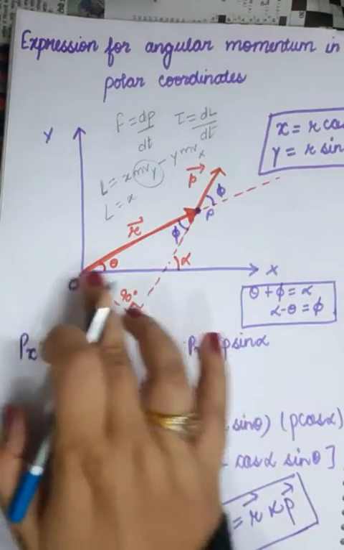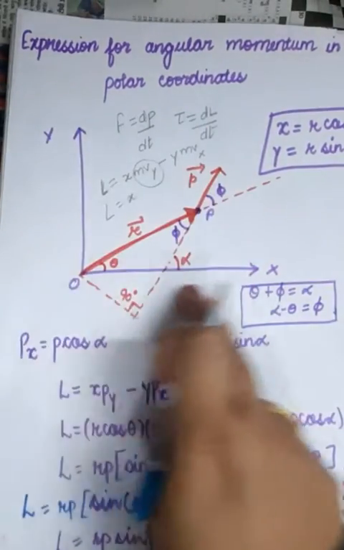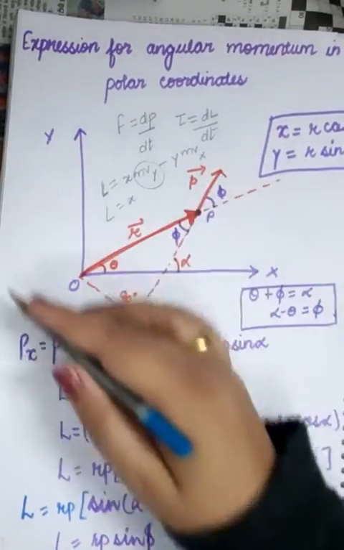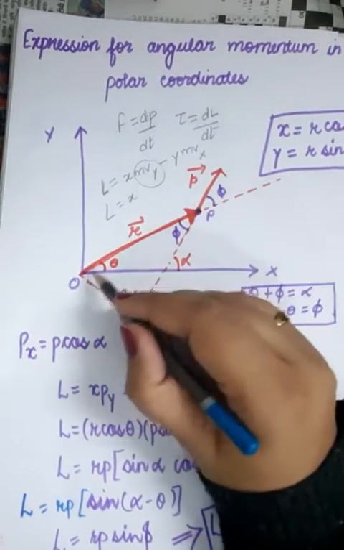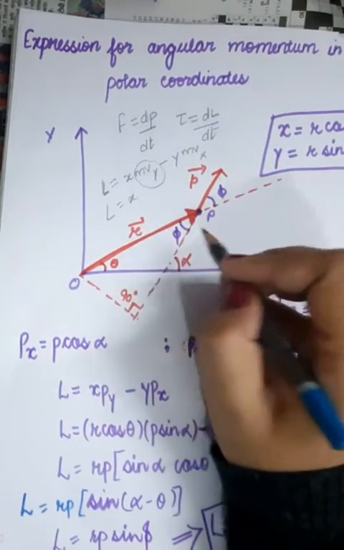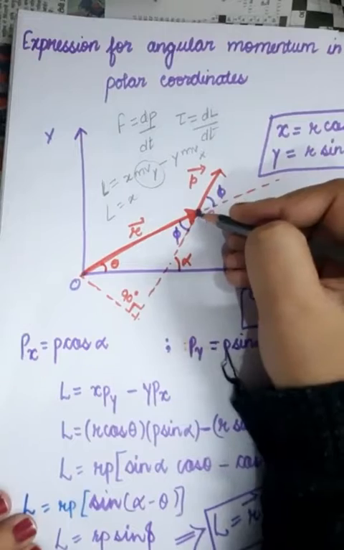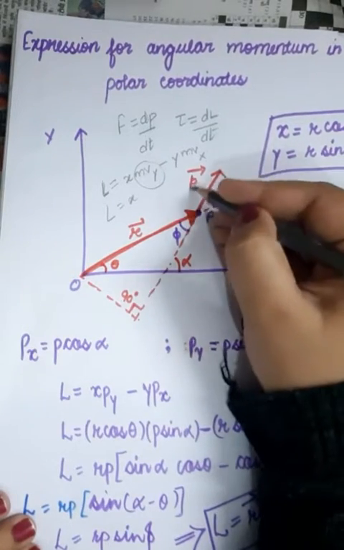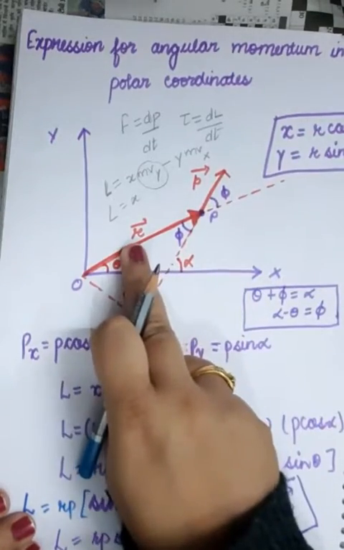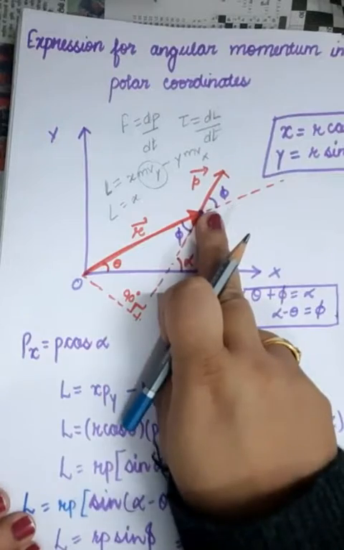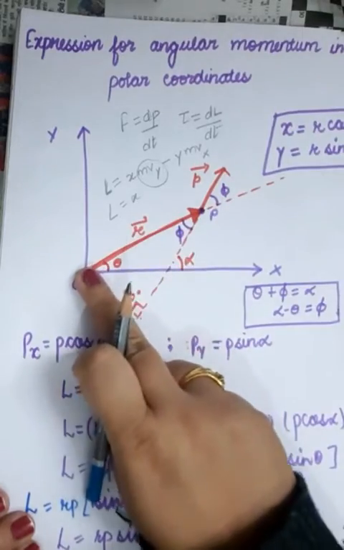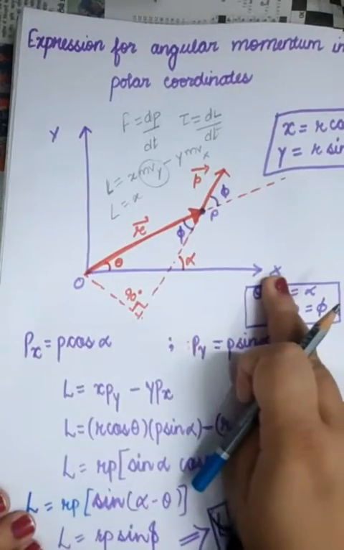So suppose this is a Cartesian system of axes, x-axis, y-axis. Suppose this is the particle at point P which is trying to rotate, okay? So the distance of this particle P from the origin is the r vector, and this is the direction of linear momentum, the p vector. So we have to describe what are r, theta, phi. The r vector is the position vector of the particle from the origin. Theta is the angle which this OP vector makes with the x direction.